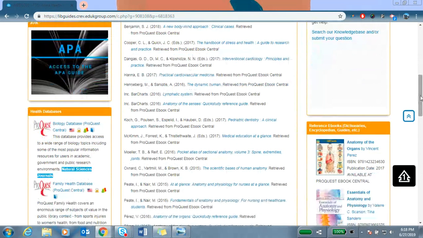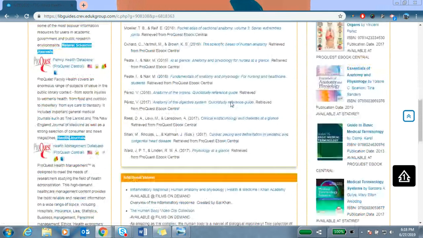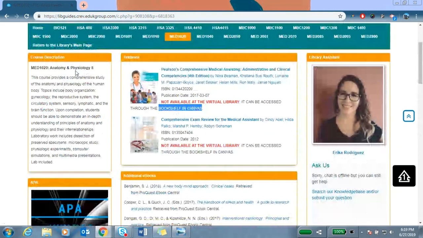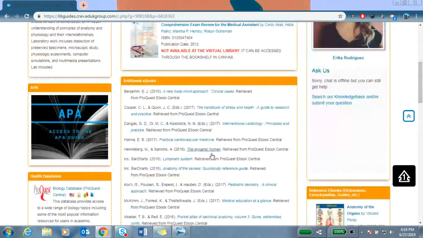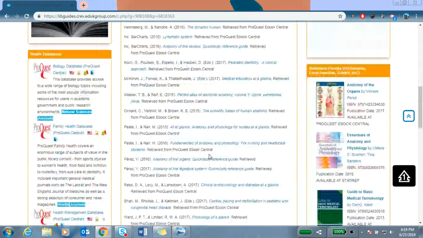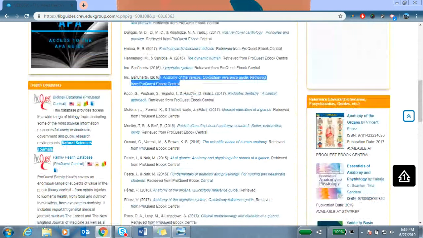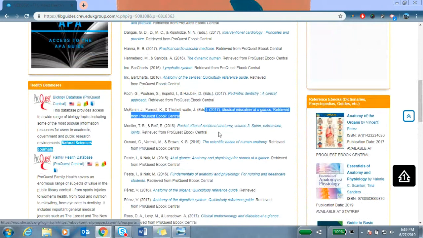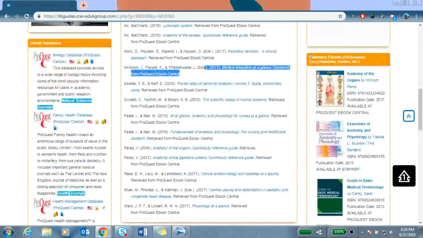If you need to search for information, you can come here where we already have these ebooks that are specific about this course. For example, this is an anatomy and physiology course. So here we have books about anatomy, medical education, atlas of the anatomy, body, etc. These also are reference books where you can find dictionaries, encyclopedias, handbooks,